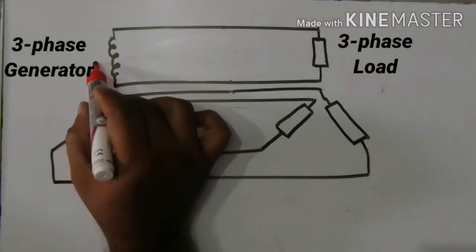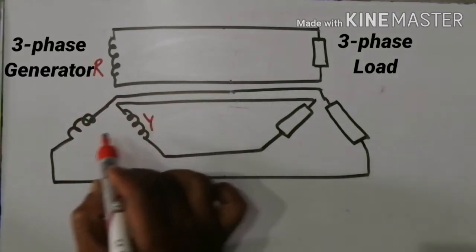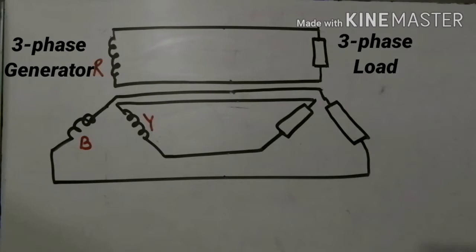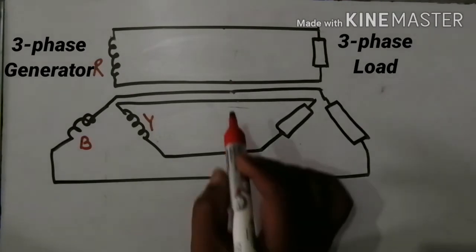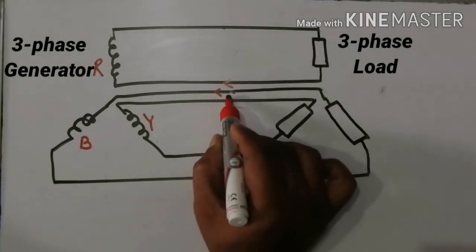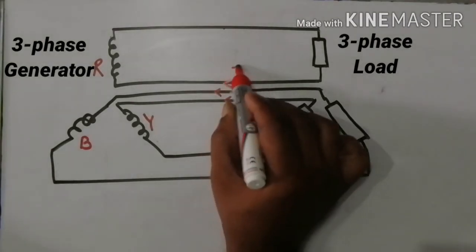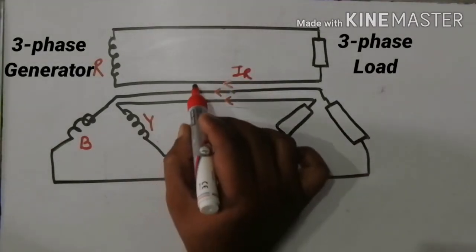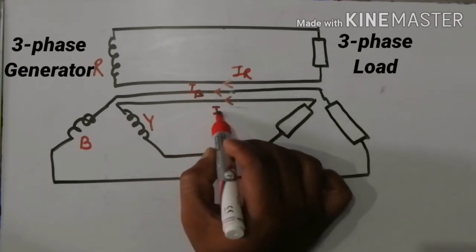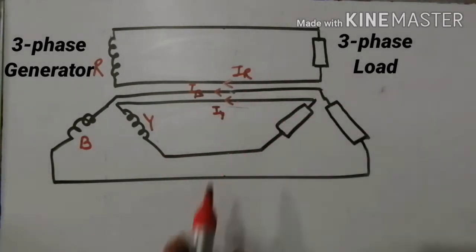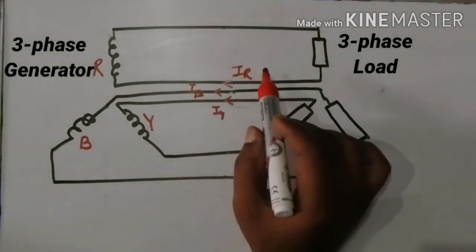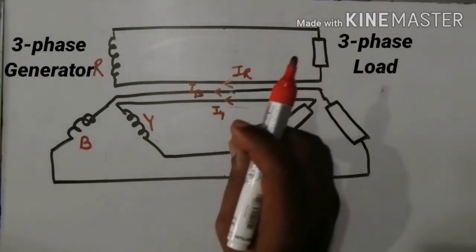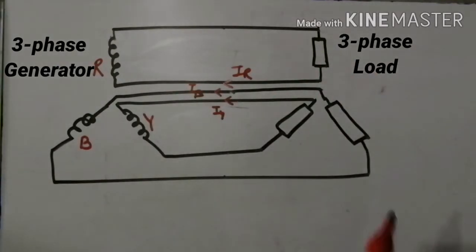These are known as the R, Y, B, these are the 3 phases. Now see the diagram very carefully. These are known as the returning conductors. This one for the IR, this one for the IY and this one for the IB. These are the 3 returning conductors. Can we combine all 3? Now we can combine all 3 return conductors together to form a single conductor.